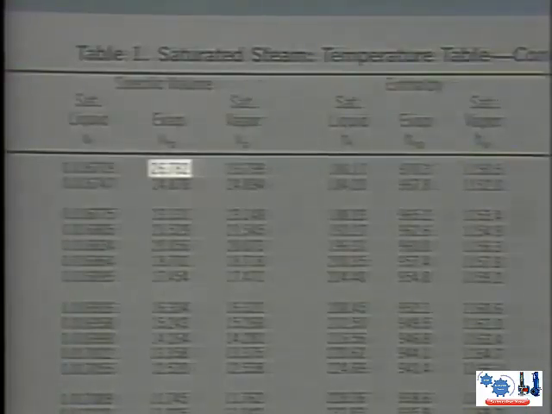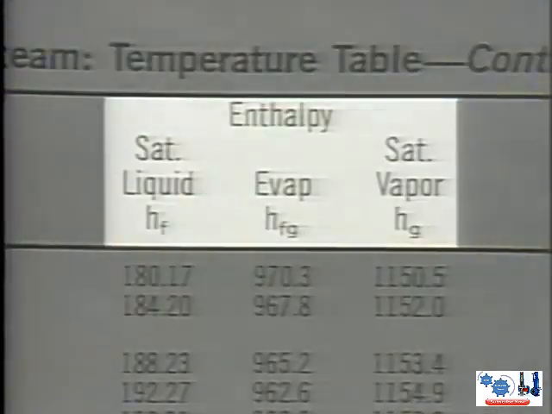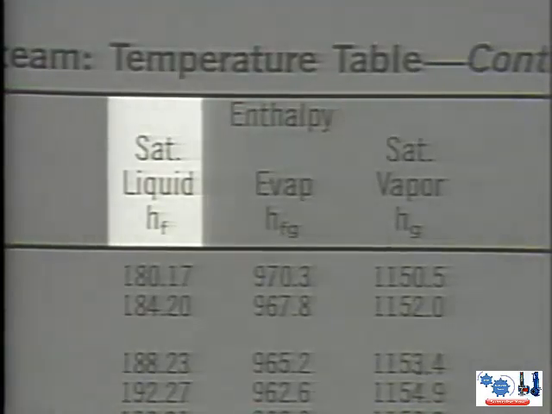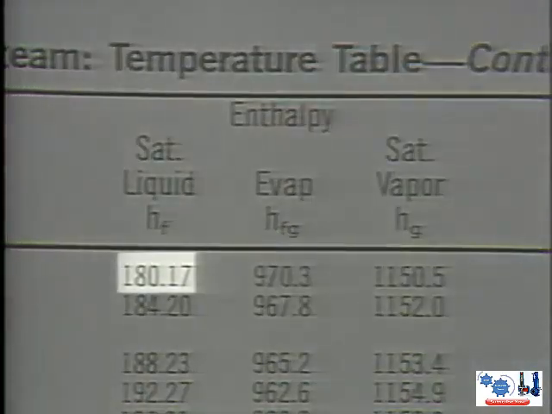Next to the columns for specific volume are three similar columns under the major heading of enthalpy. As you know, enthalpy is the thermal energy or heat content in a pound of a substance. Like specific volume, the values for enthalpy are different depending on the state that the water is in. The first column under enthalpy is labeled saturated liquid and is symbolized by the small letter H and the subscript F. The values indicated are in units of BTUs per pound. The value for saturated water at 212 degrees and 14.7 psia is